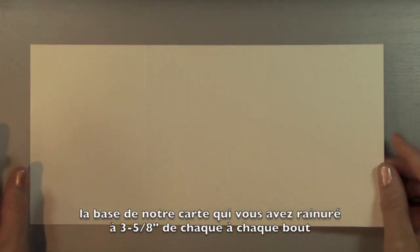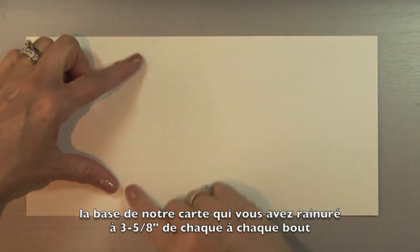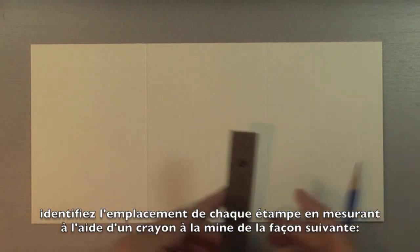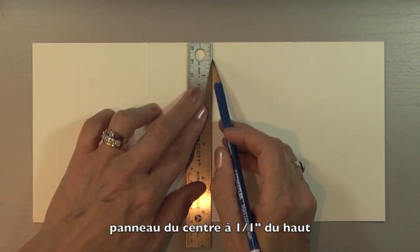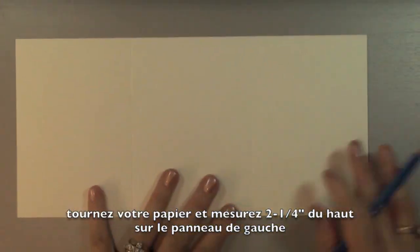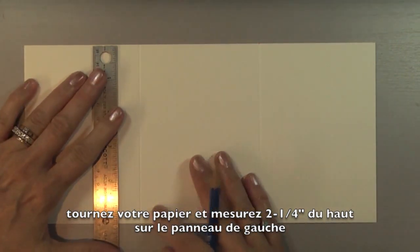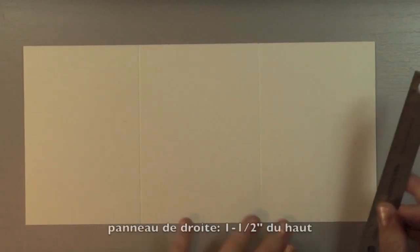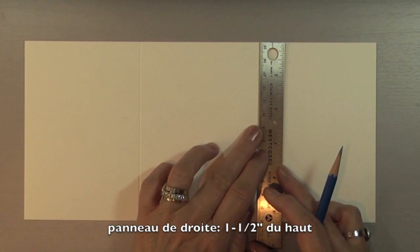So our starting point is the 5 1/4 by 11 inch watercolor paper that we've scored at 3 5/8 from each end. And now I need to mark the placement of our stamping. For the central panel, we're going to measure 1/2 inch from the top of the card. So I'm going to put a light pencil mark right here, and then I'm going to flip my paper on the other side, and I'm going to measure on the left hand side 2 1/4 inch down from the top, close to the fold line right here. And on the right hand side, I'm going to measure 1 1/2 inch from the top, also close to the fold line